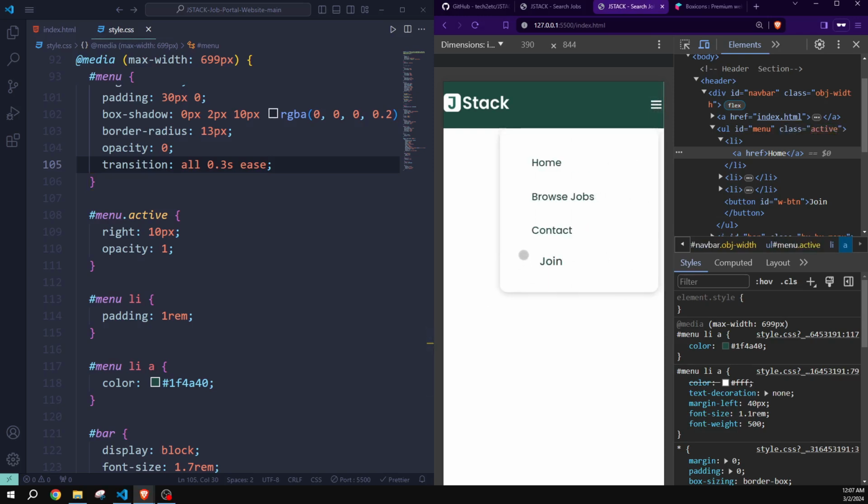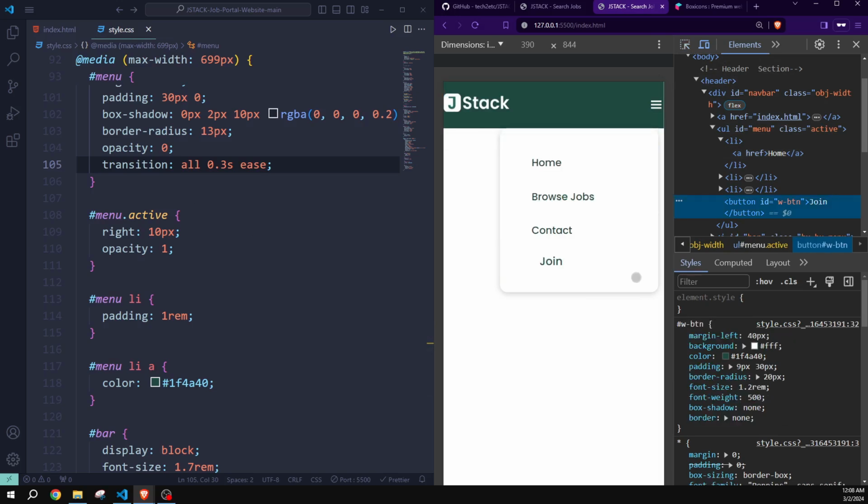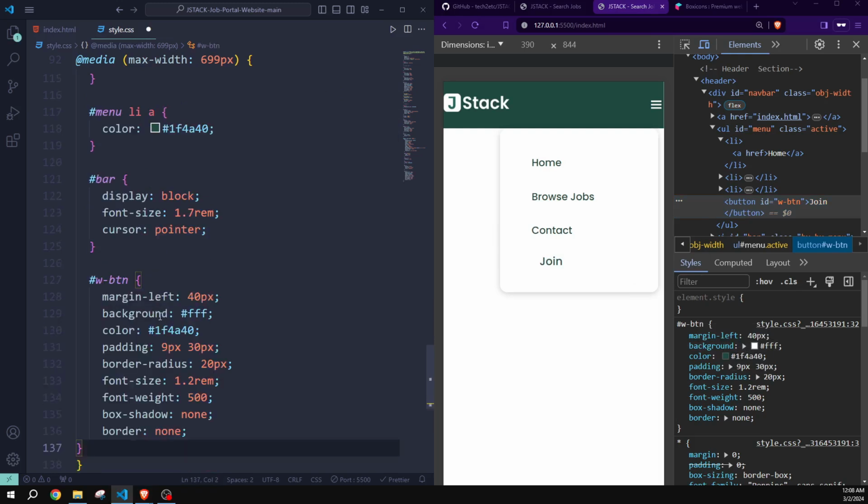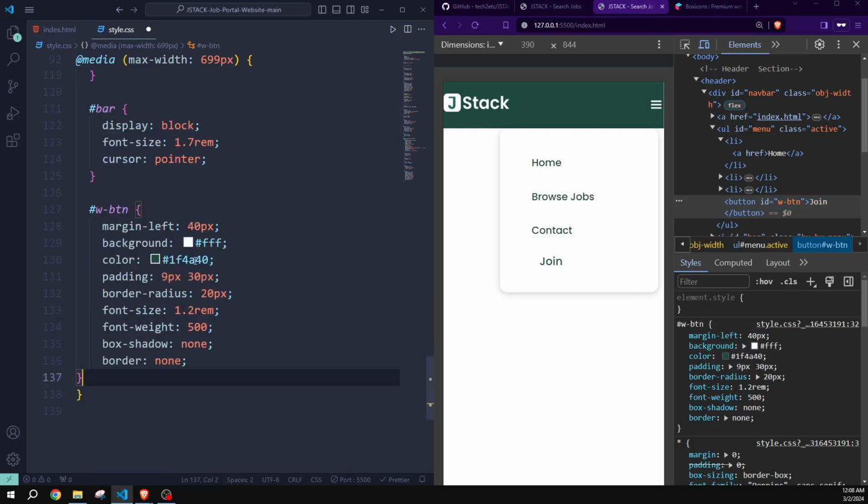Okay, now here you can see that the join button is not looking good because the background color of our button is white. Also the background color of this container is white. So now we have to change the colors. For doing that, I'm going to simply click on our button, and here we have our button rules. I will simply paste them here,